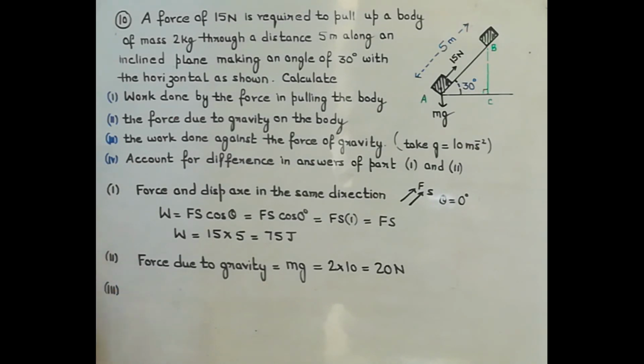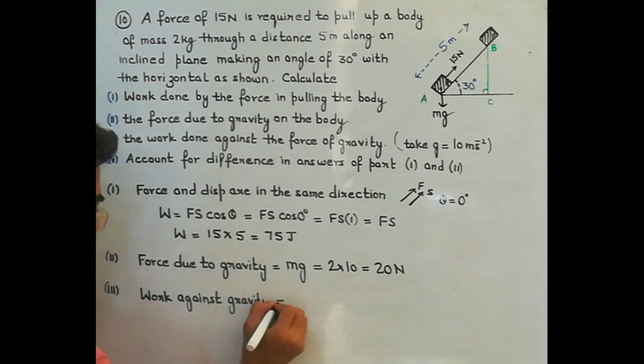Now coming to the third part. In the third part, they are asking you to calculate the work done against the force of gravity. Now work against force of gravity. What's the formula for it? Work against gravity. Formula is mgh. Now we know in this question m is known to us,